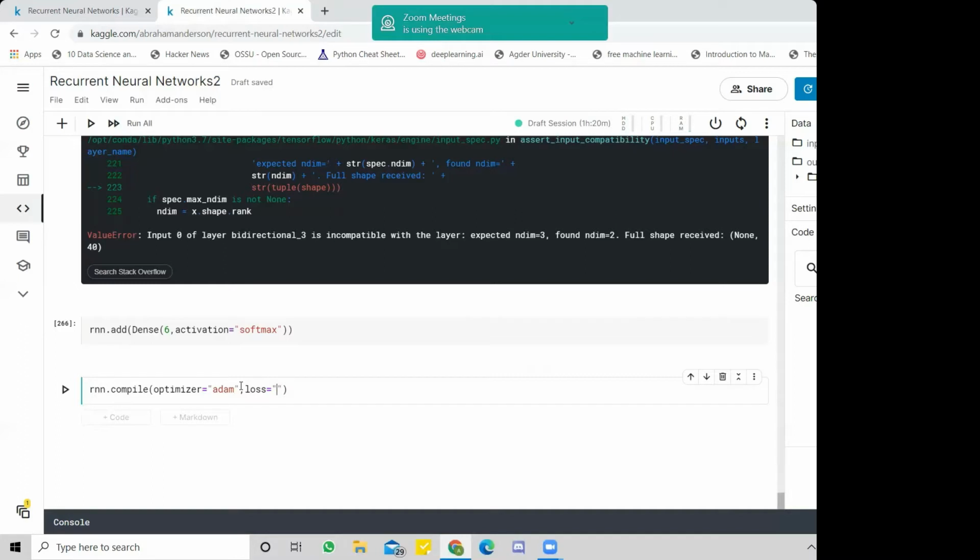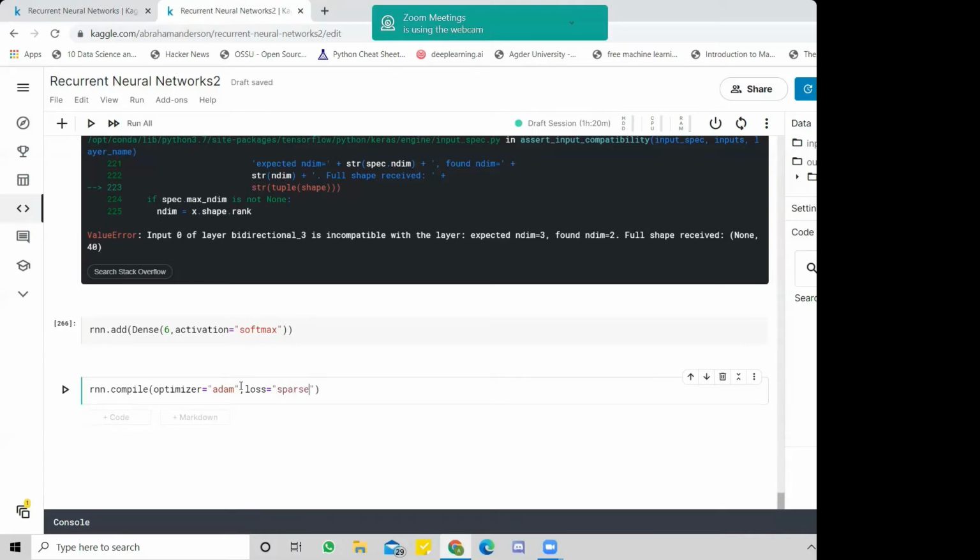If it was 2 outputs, for example, from our previous one, we tried to predict 1 or 0. For example, if we predict whether a mail is ham or spam, we will get a 1 output, right? This is a binary output. So for this kind of problem, we will use binary cross entropy. But because the number of categories is higher than 2, and it's a categorization problem, we will use